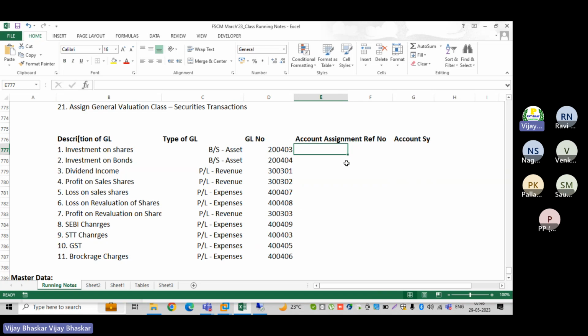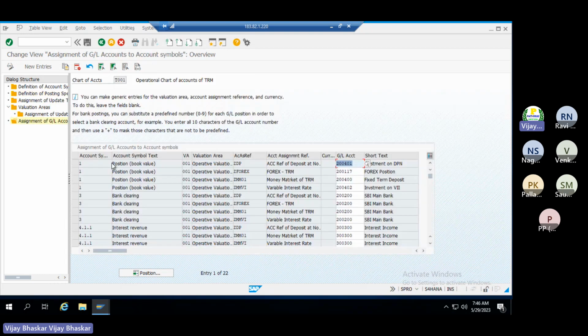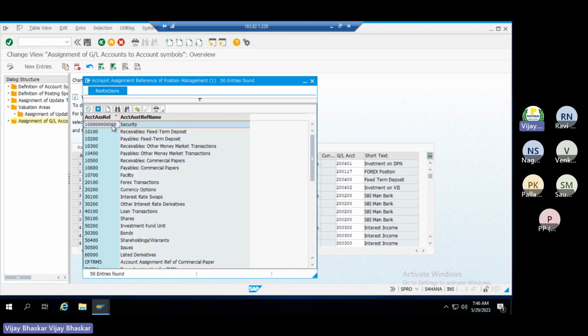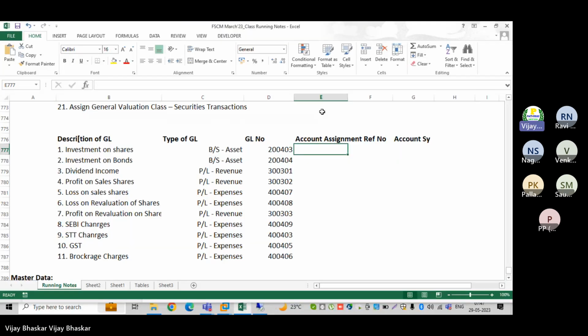Then the account assignment reference, what we have created in the system. If you remember, I'll pull it directly from here. You need to go there. So 1000 I have created. So this is the one that I have created. One, all zeros, 3, 4, 5, 6, 7, 8, 9, 10. Okay, right. Fine. So this is the account assignment reference number. Then what is the first, I mean, the account symbol. Okay, so now here,